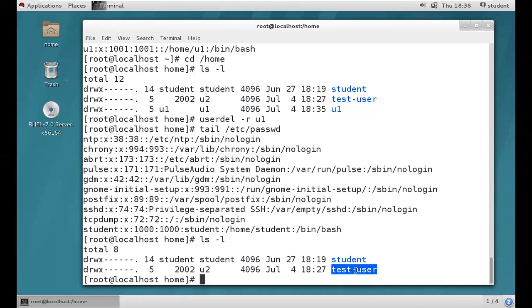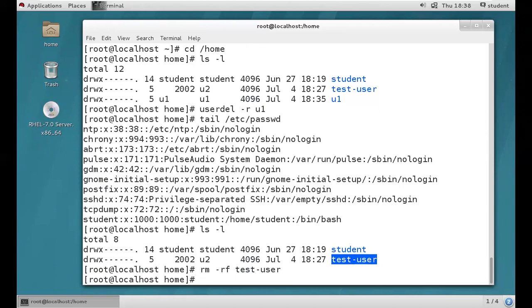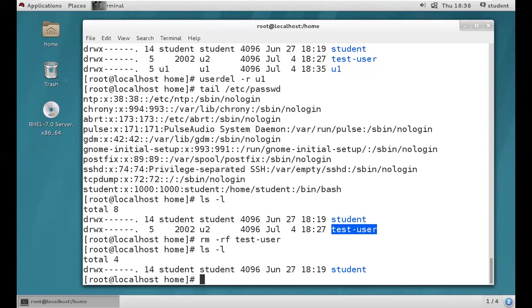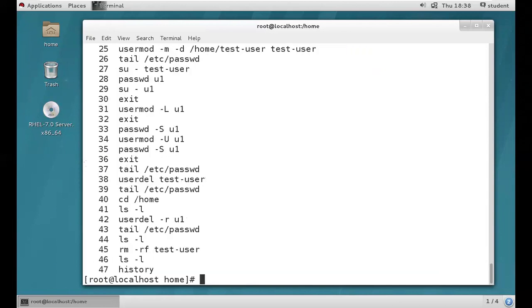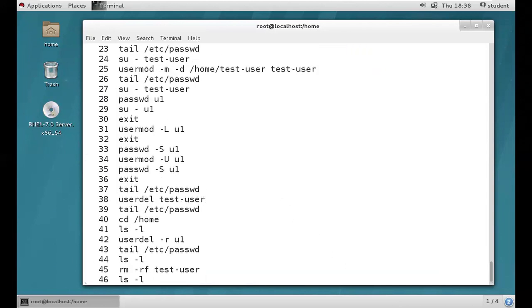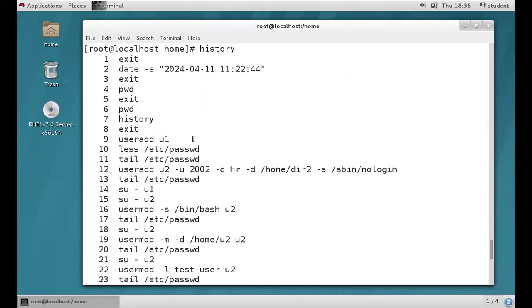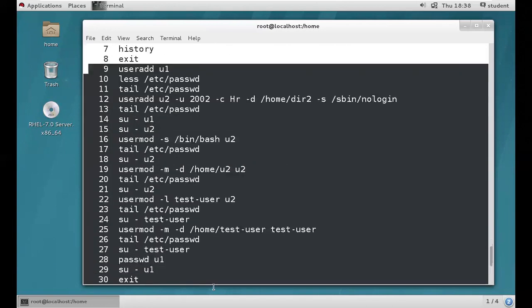For example, I'm a user, I'm one person. I have my book, that is my file. I have my bag, that is my directory. I hope you got it, guys. So how to delete the directory? rm -rf, then the directory name. So it got deleted successfully. So clear? So this is all about the user management concept. Now we are going to discuss user password properties.